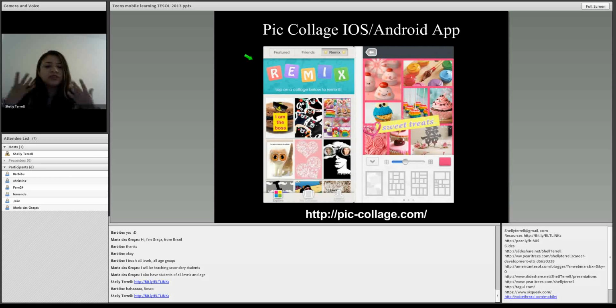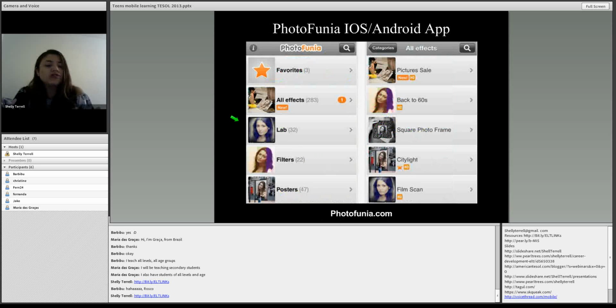They can make digital magazines and newspapers. So whatever pictures that they do create, you can have them put it within something like if you're creating an online magazine or an online newspaper. Or if they're doing podcasts, a lot of times with podcasts, they can add an image to go with it. They can use it for their presentations. You can use these as writing prompts. They can do it to put some inspirational quotes. They can use it as an advertisement, or they can put this in different types of stories. If they're doing an Animoto project, which is a video project, they can add them to Animoto. So there's so many things they can do with images.